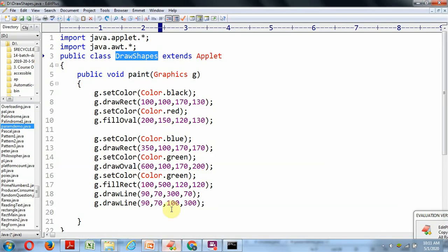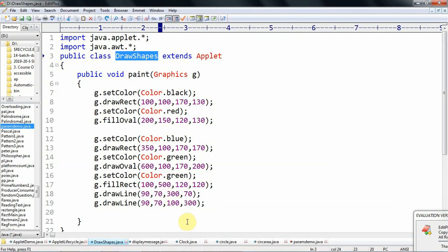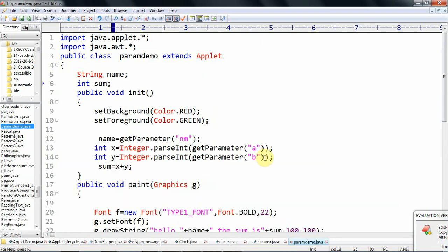Now we'll move to discussing parameter passing to applets. That means through the applet tag we can pass parameters to the applet. Those parameters may be validated within the program, which we will see.